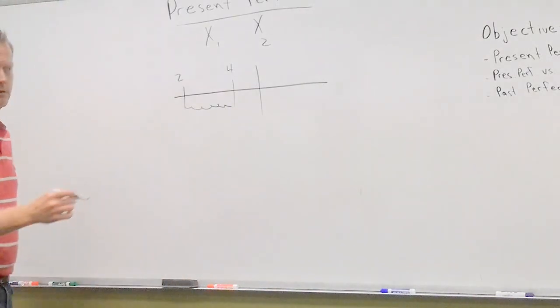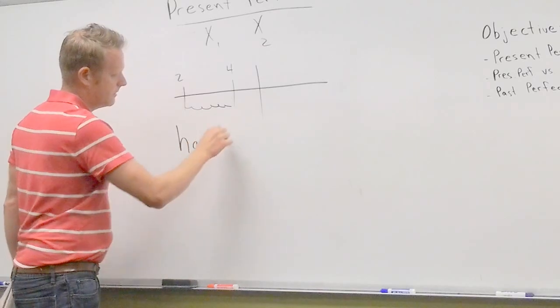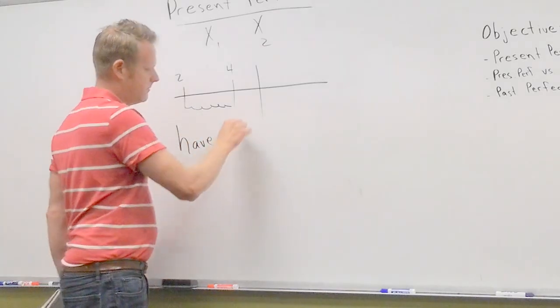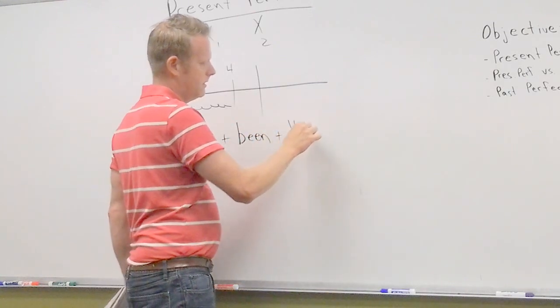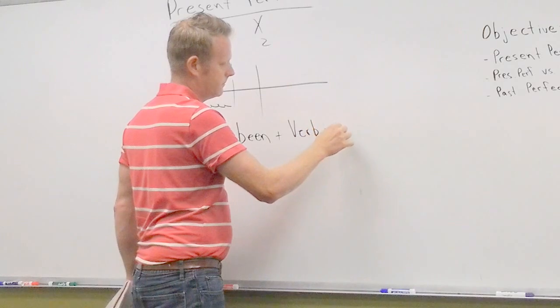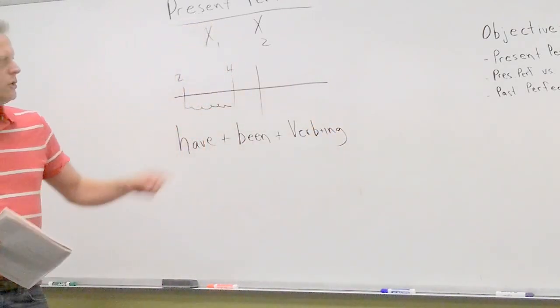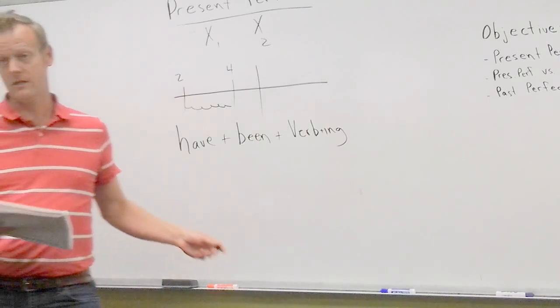What do I need? Has. Good. You need the verb have. Hold on. You need something else first. Being. Good. And then you need the verb with ing. Okay? So we use this when we want to focus on, actually you